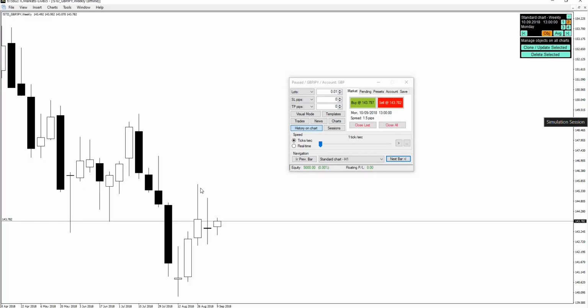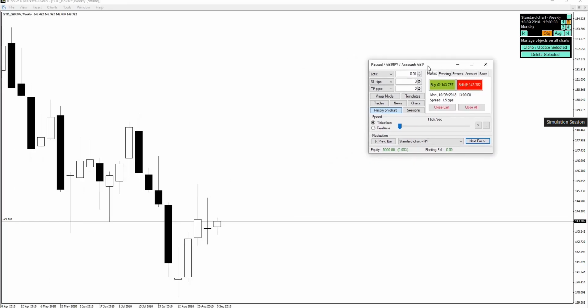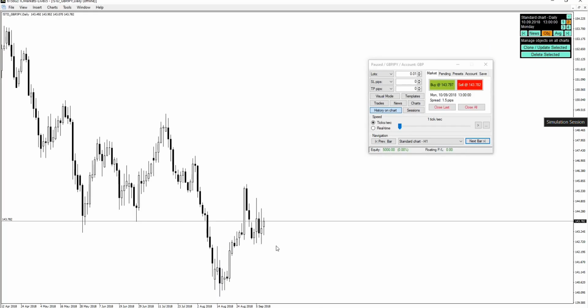So starting off with the weekly. Weekly seems like it's doing some sort of a bullish movement here, starting to come up over here. We're not really sure how far it's going to go up, so we're going to go down to the daily here now. Let's take a look at the daily. Daily seems like